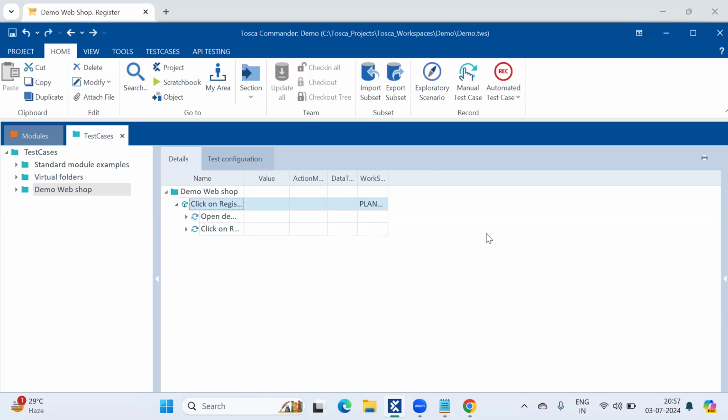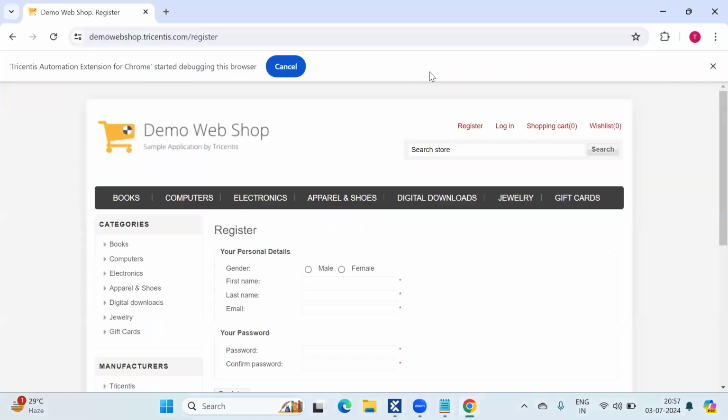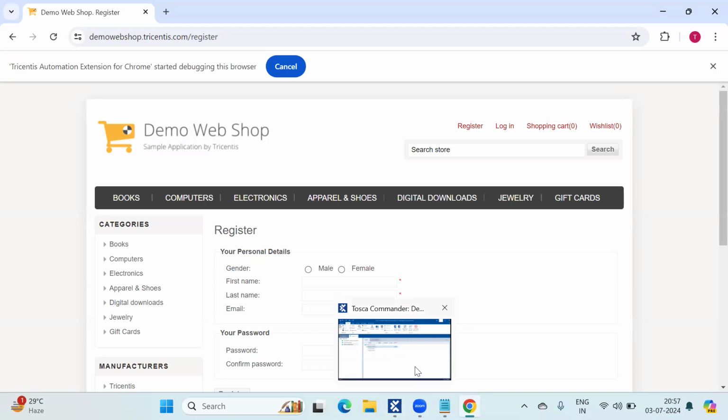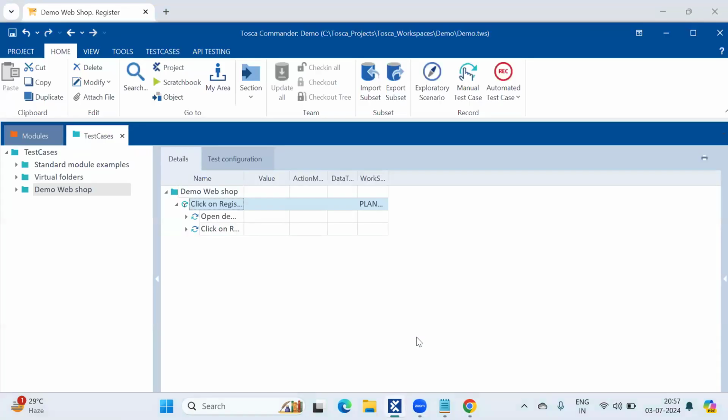Thank you, ma'am. Not about controls only. We need to know about other automation, I mean, automating other desktop and mainframe applications as well, right? Yes, yes. But most of the companies work on web applications only, very few on others. So we request you to provide a demo or a 2-day workshop on mainframe and mobile applications. That would be good for us. Yeah, sure, definitely. Ma'am, one question. We also need integration of Tosca with Jenkins and integration of Jira with Tosca.